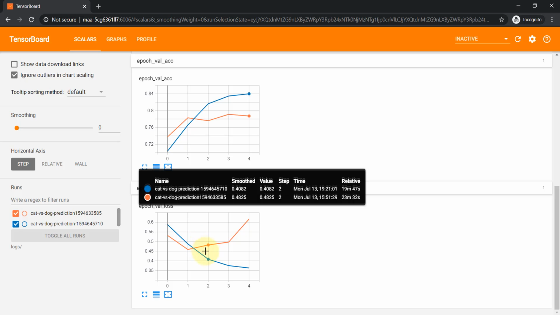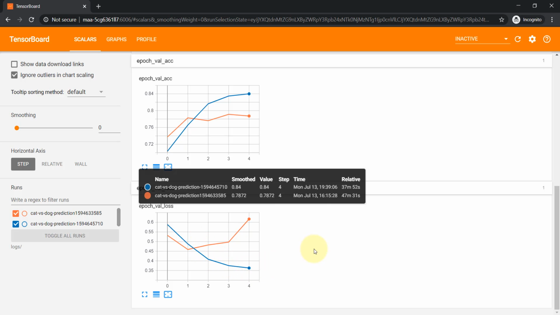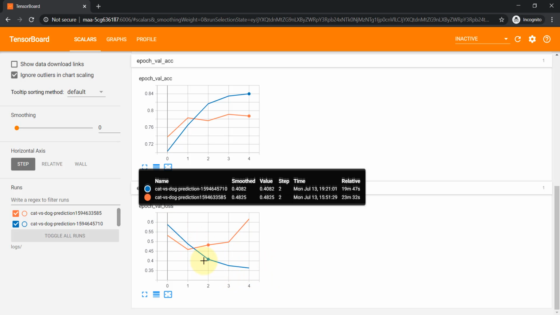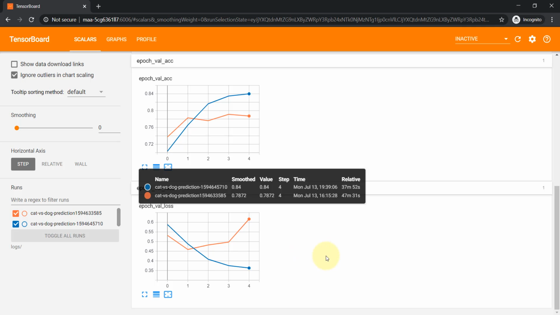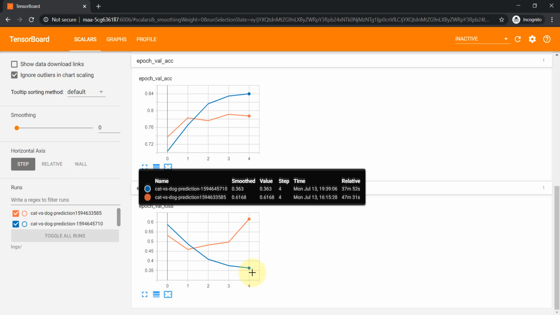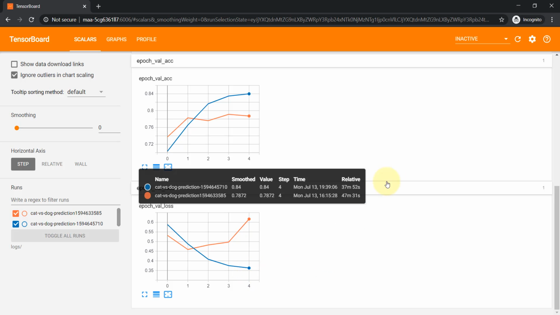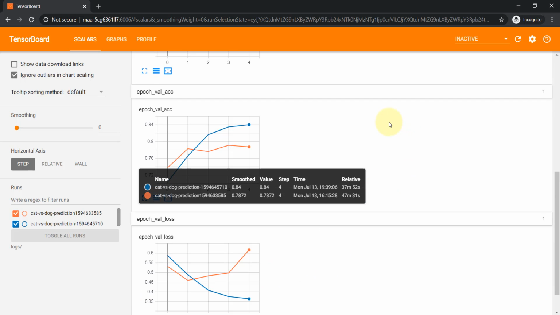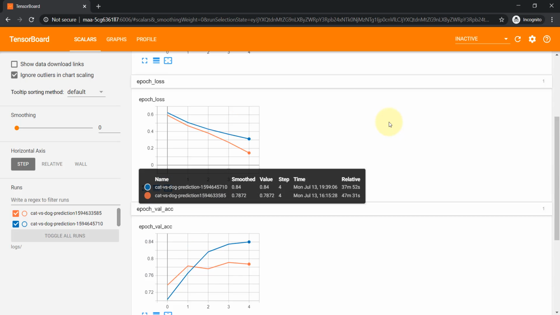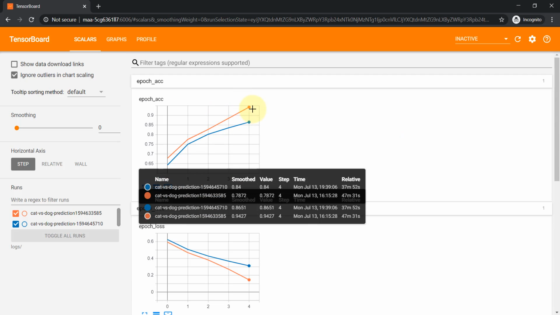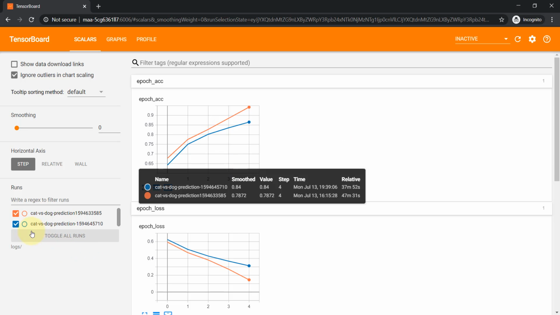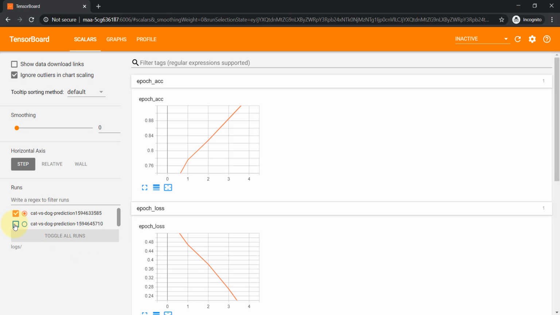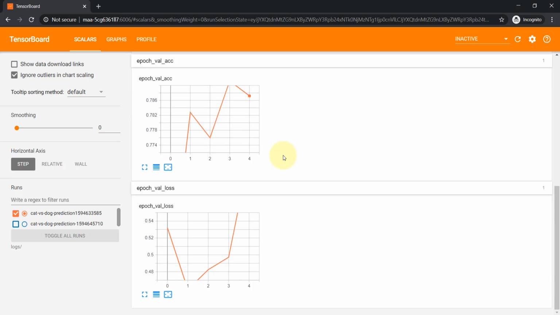But you can clearly see our second model, that is the latest model that we have developed, with an extra convolution layer and max pooling layer and an extra dense layer, the loss is drastically reduced. So in this case, I would say that the blue model that we have developed is actually better when compared to the orange model which we developed earlier. So like that, you can visualize all these things here.